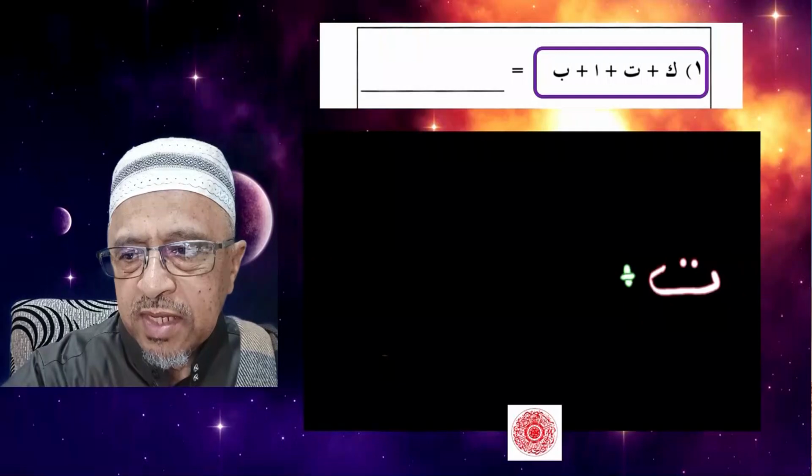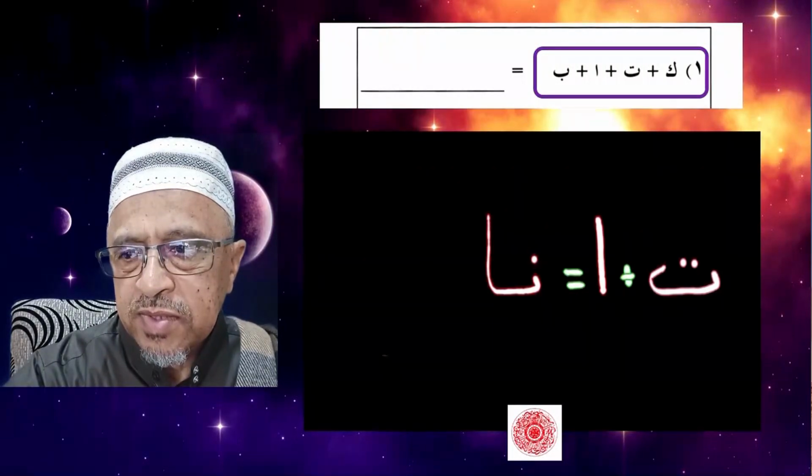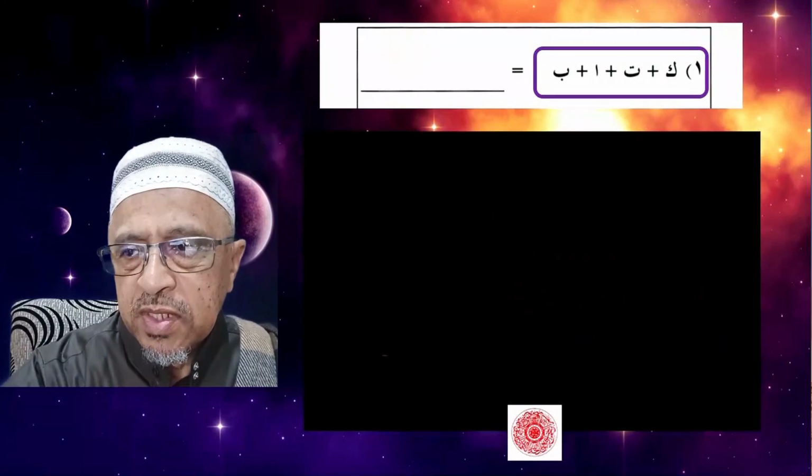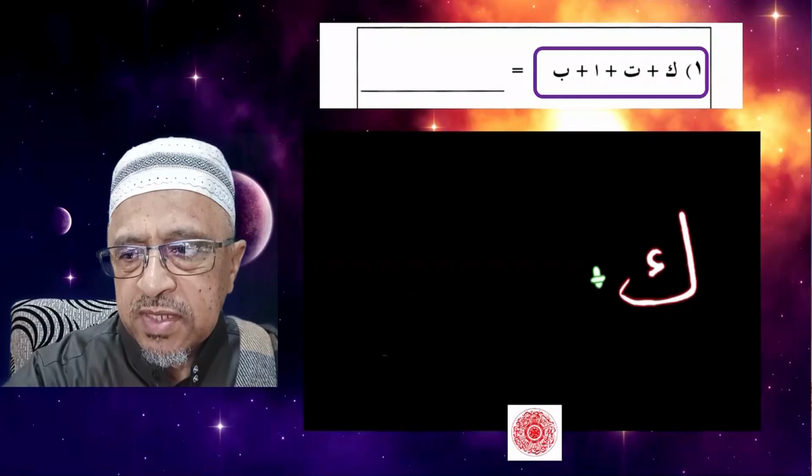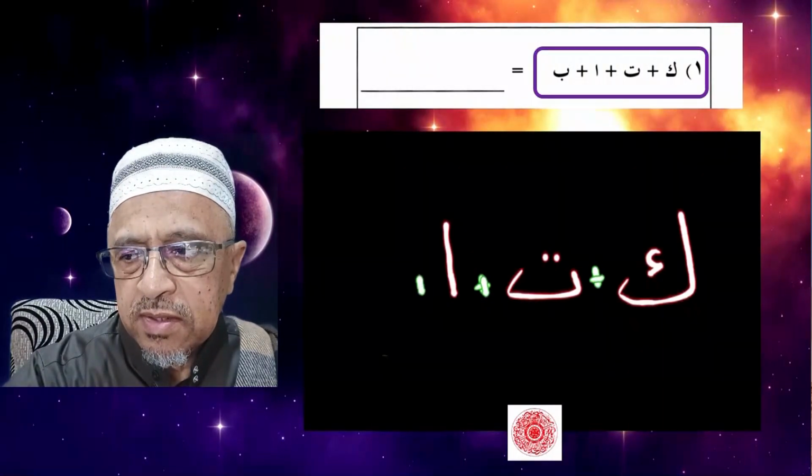But when we add the alif, then together, remember we wrote it before, it will give us the ta alif or the ta sound. Ta sound. And then, of course, let's look again. The kaf is a separated form followed by the ta or the t, followed by the alif. The alif there, as you can see, just a stroke down,